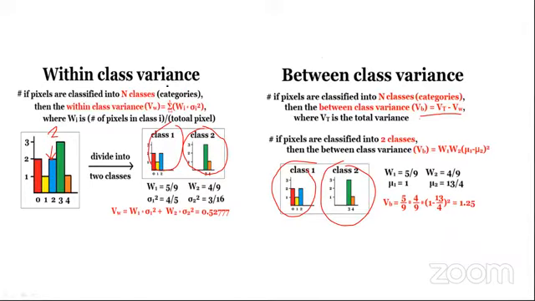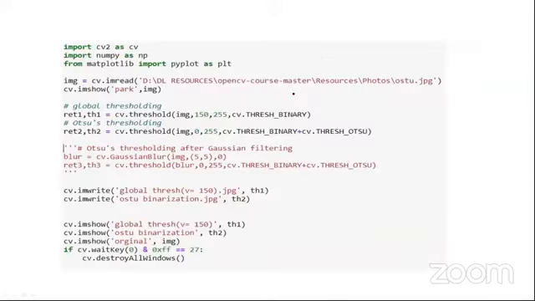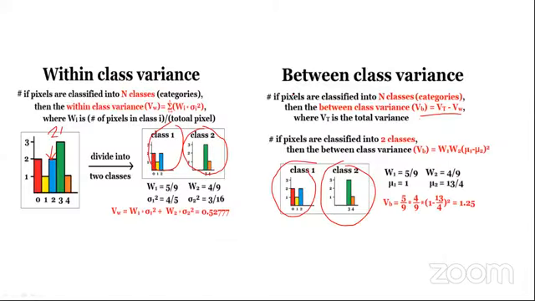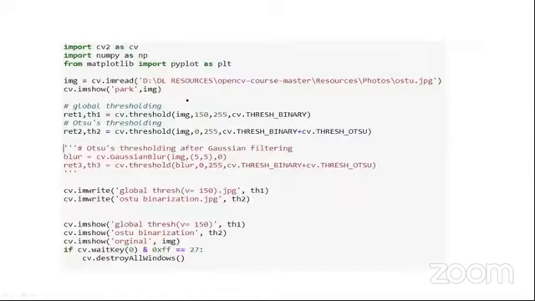If 2 is your value, then the within class variance will be a minimum, and the between class variance will be a maximum. So we will take a different value 3, calculate the within class variance and between class variance, and whichever is best will be our threshold. This is how the histogram works. This is all about the mathematics portion. For the implementation part, we only have a simple single line implementation.